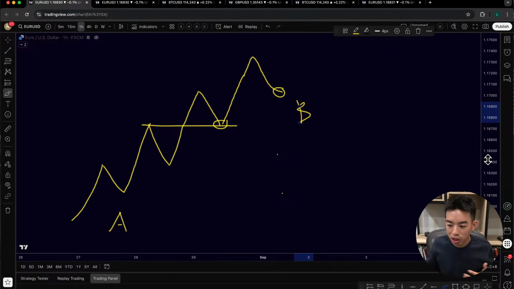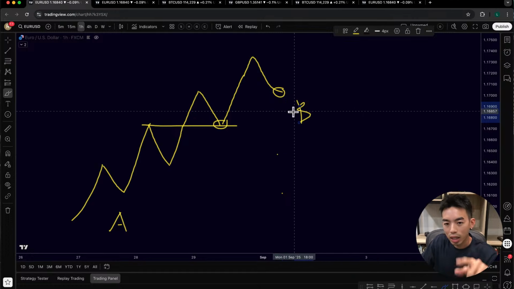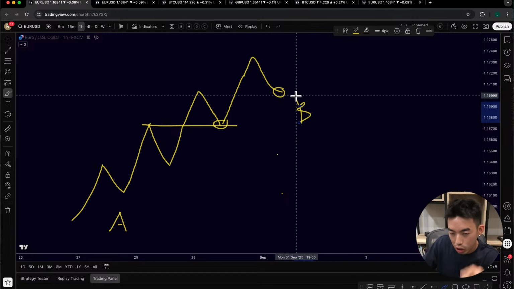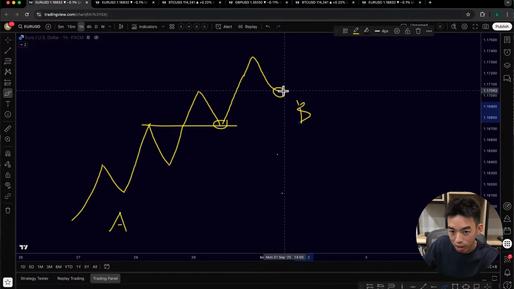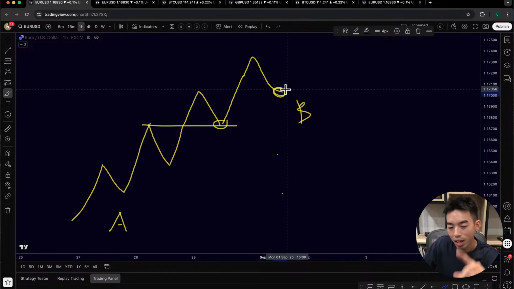to come in. Not just retail traders. I'm not trying to say that only retail traders would join a trend as it's clear. The whole world is going to pile into an uptrend when the trend is clear. When it's safe, people are going to pile in, right? Doesn't matter if you're a hedge fund, doesn't matter if you're a retail trader. That's always going to be the case. So having that said, a lot of buying position is going to happen at B, this spot right here.